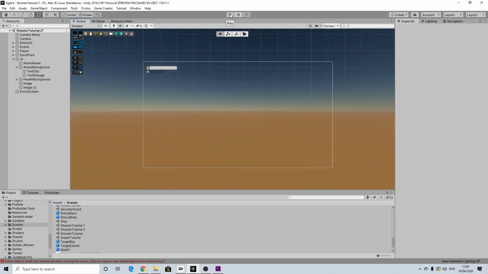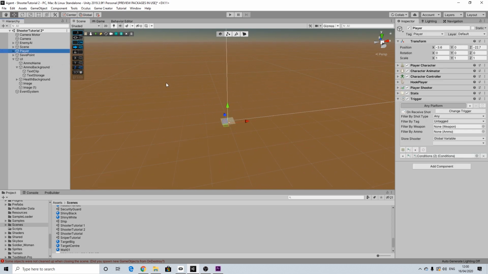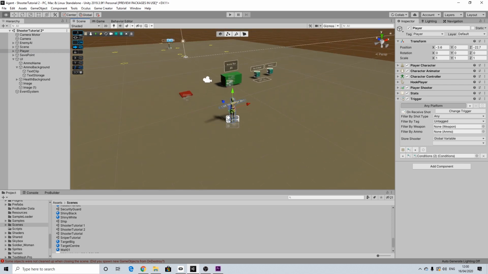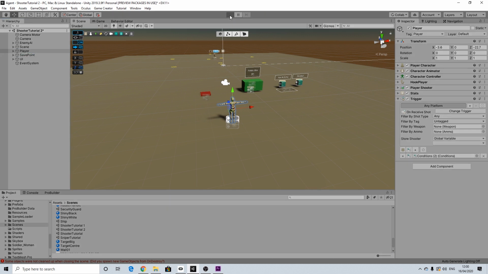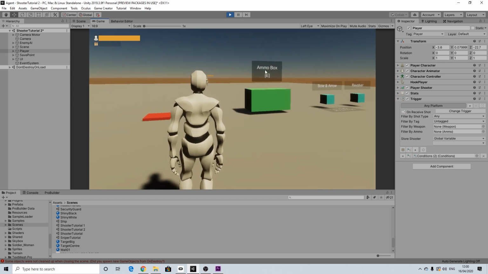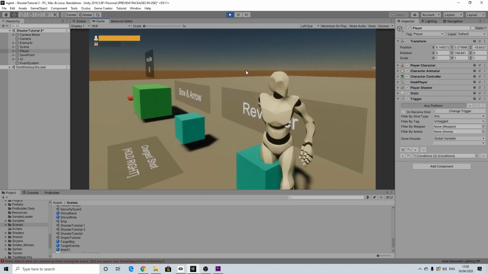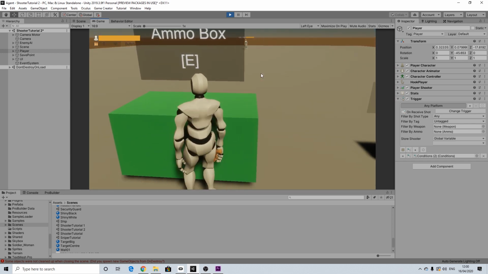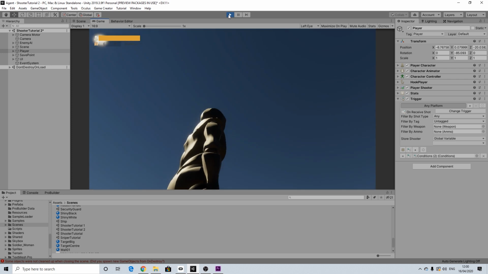So let's actually see if this works. Now I'm going to exit 2D here. Let's just, where's our player? I'm going to focus on our player by hitting F, and there we go. Now when we hit play, we will have our UI. Now let's actually grab a revolver, bullets, and everything works. Now as you can see, black was not the best color to use for the text,